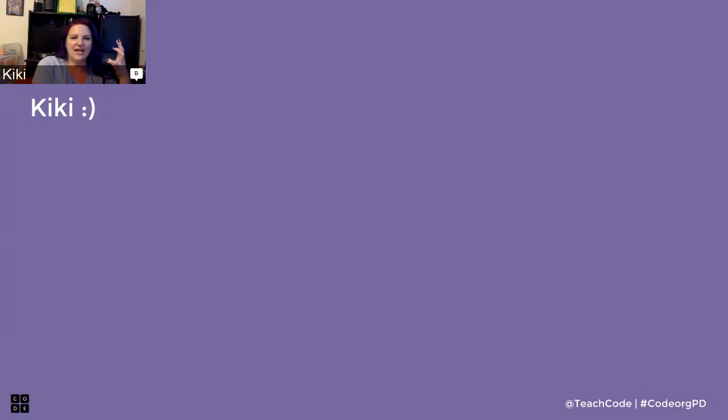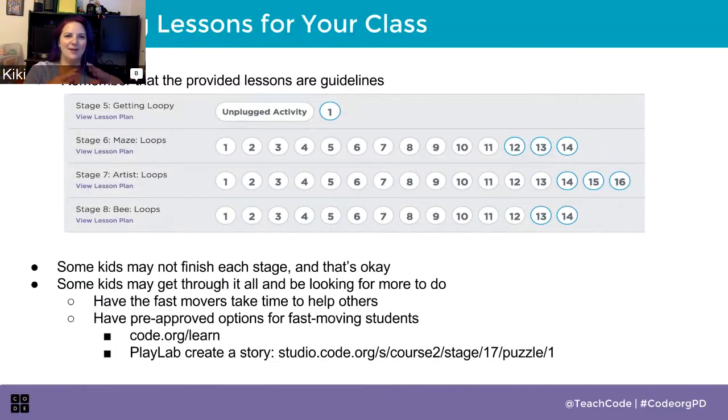We could go to the next slide. There we go. There are some things you can do when you're using CS Fundamentals to give each of the children in your class a really good experience. One of those things is not to hold them back a puzzle at a time. Even just allowing a few puzzles' worth of flexibility is good. Like if you're walking down the street with a youngster, you might say, okay, you can run ahead, but you've got to stop at the street and wait for us to get back to you. That's a good technique to use for some of your class.